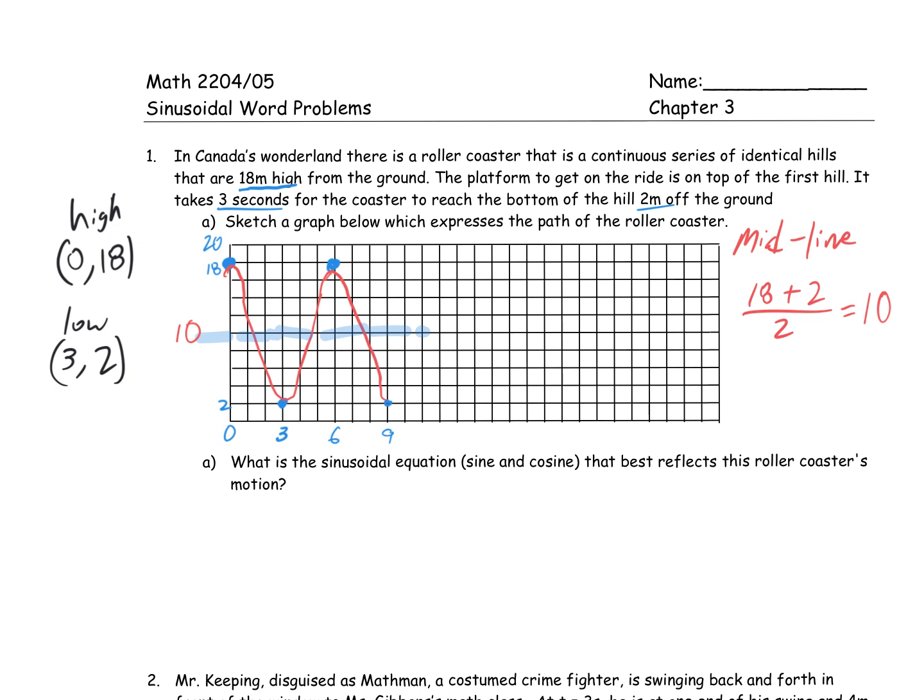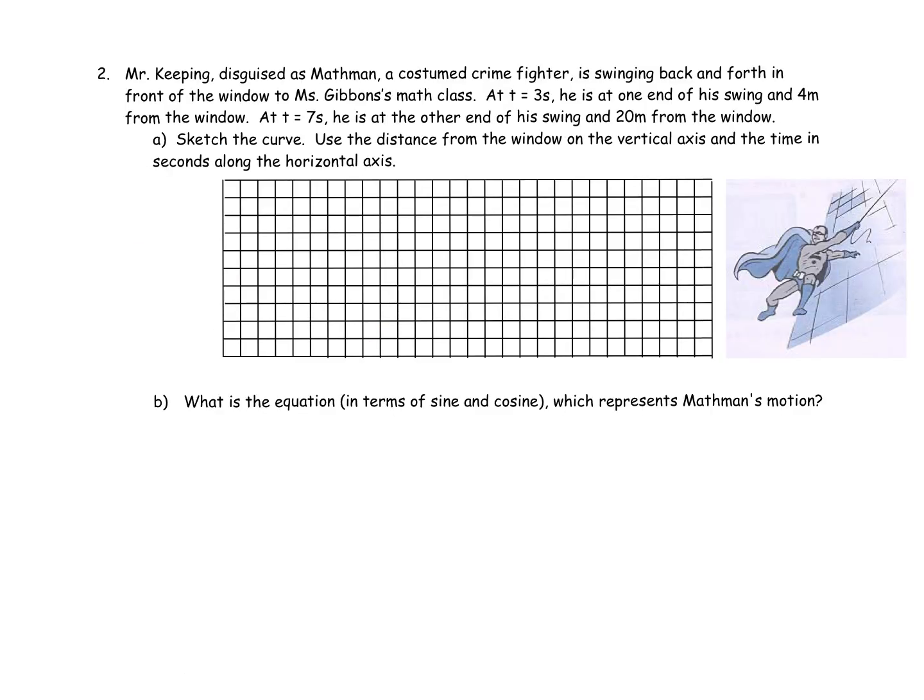Okay, so let's go ahead and take a look at problem 2. Taking a look at problem 2, we're talking about Mr. Keeping, disguised as Mathman, the costumed crime fighter. And he is swinging back and forth in front of the window of this math class. And so at time equals 3 seconds, he is on one end of his swing, and he is 4 meters away from the window. And at 7 seconds, he's at the other end of his swing and 20 meters away